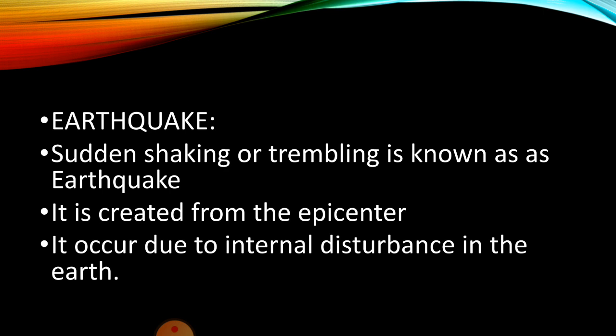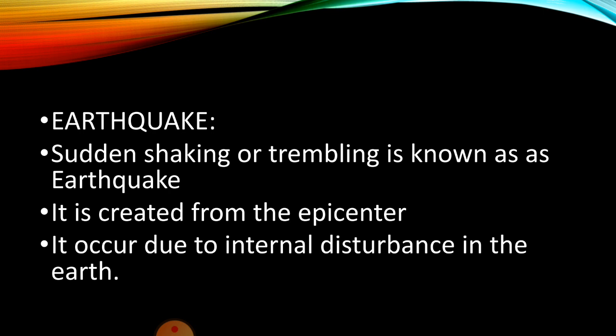Now, first we'll read about the earthquake. What is the earthquake? See, the weak upper crust of the earth suddenly experiences tremor. They experience tremor either due to the collision of plates, or due to the tremendous pressure in the interior of the earth. See, these waves and the tremor of the earth originate from the hypocenter, which is deep down below the surface of the earth. And this sudden shaking or trembling is known as earthquake.